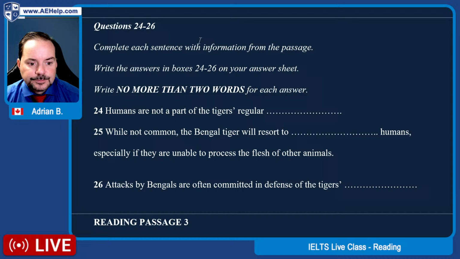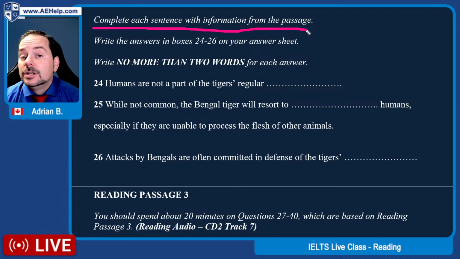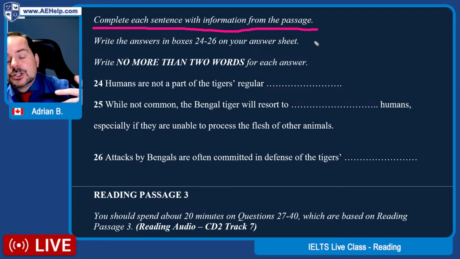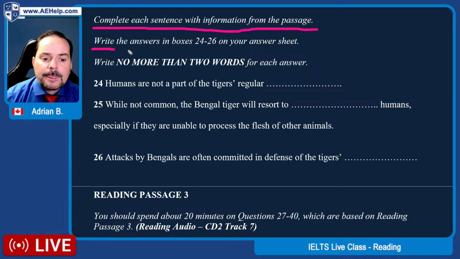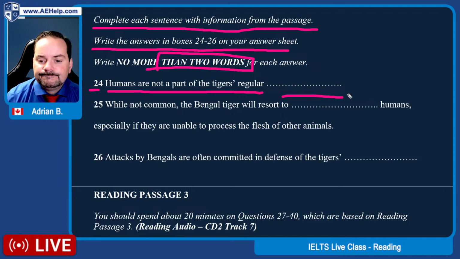All right. Let's look at the rest of these questions. So here again in our reading passage, it's complete each sentence with the information from the passage. So basically we're looking for the correct word from the passage to complete these sentences. Write the answers in boxes 24 to 26, no more than 2 words. Always pay attention to that. 24. Humans are not a part of the tiger's regular something. Could be hunting, could be food. While not common, the Bengal tiger will resort to something humans: